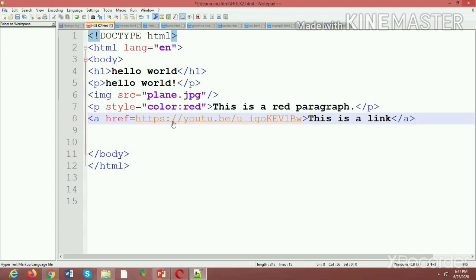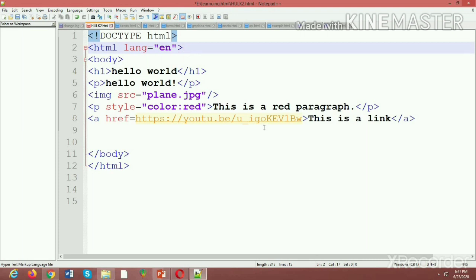I have added here a link to my part 1 video. Here you can see the body and the HTML tags are closed. Now here you can see I haven't closed the lang attribute, so that's why these are known as attributes. They aren't closed in HTML.